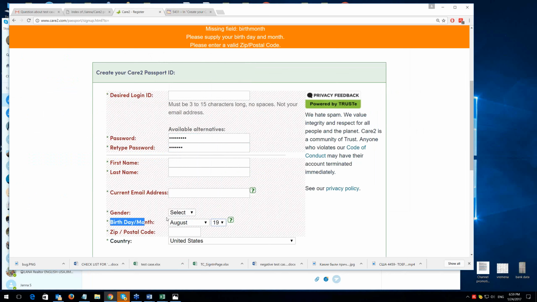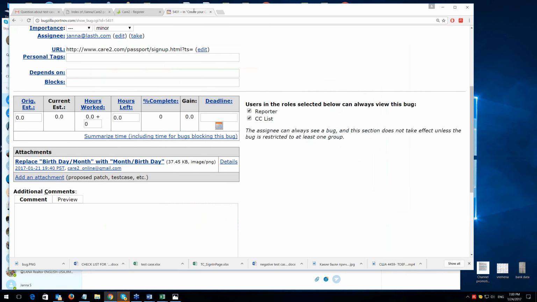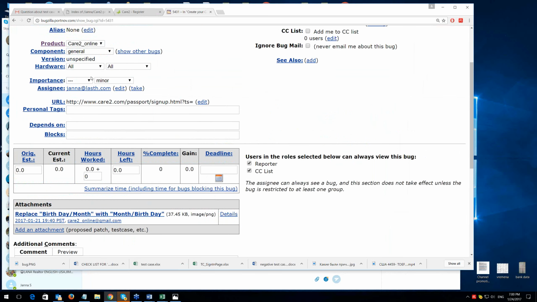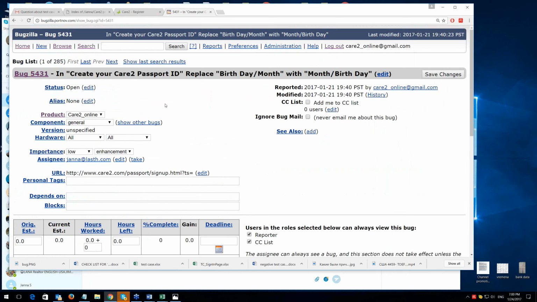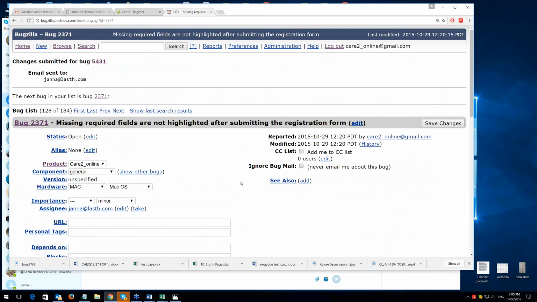It should be month birthday. In this case, I absolutely agree that the bug is minor and probably this is not even a bug but an enhancement. I believe that this is low priority, and we will save the changes. So we see the changes were submitted to the bug.